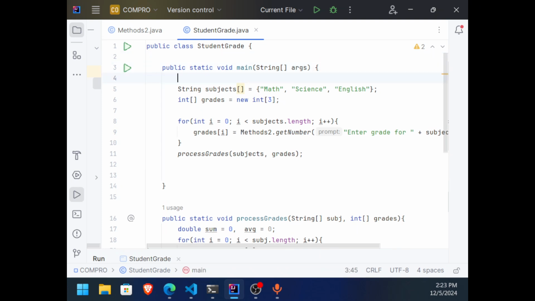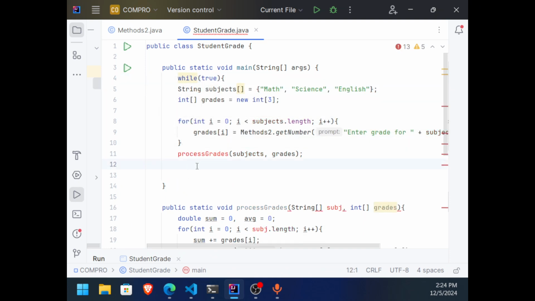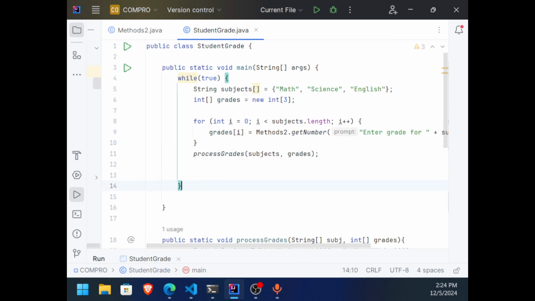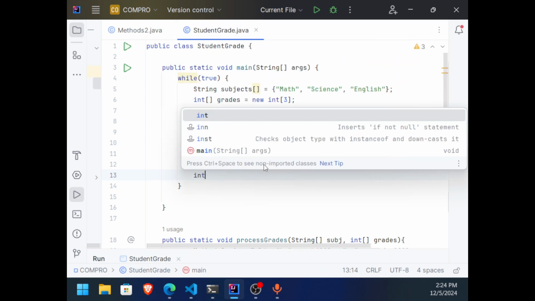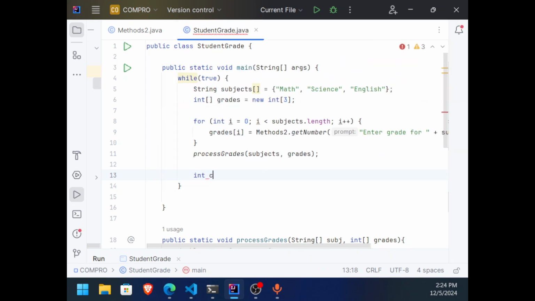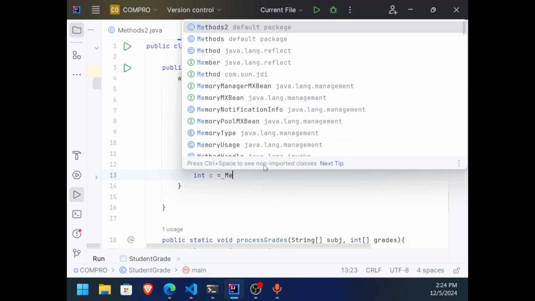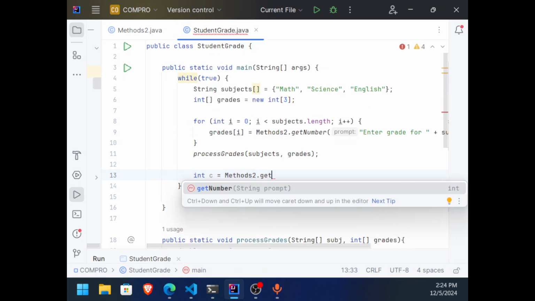We can use again while loop in here. Okay? While, we can do the true infinite loop again. That's just okay. Like that. And then, we can just prompt the user. Okay, for example, int C or choice is equal to get number. Okay, methods 2.get number.